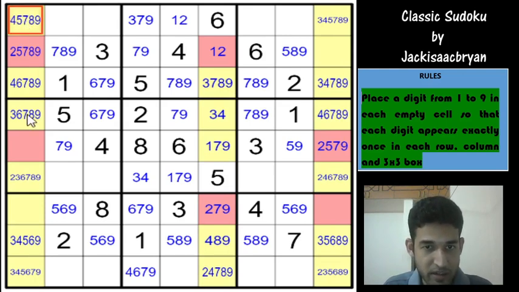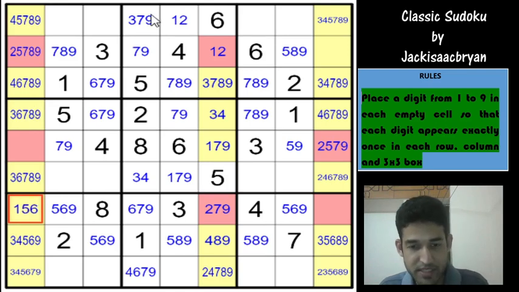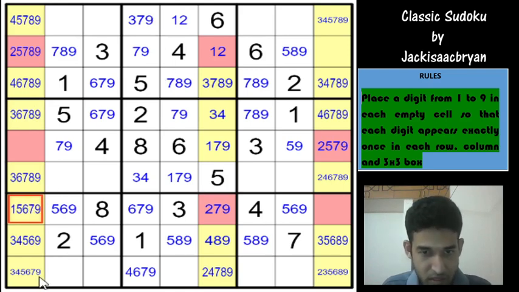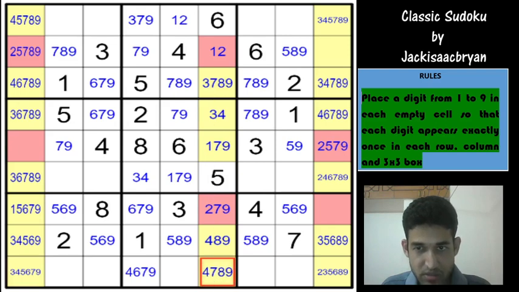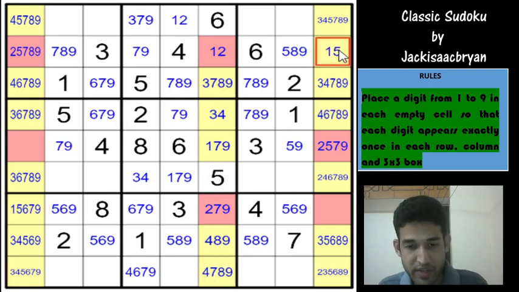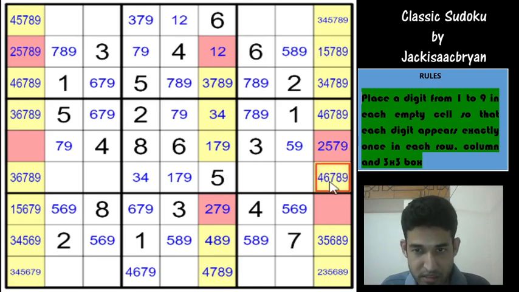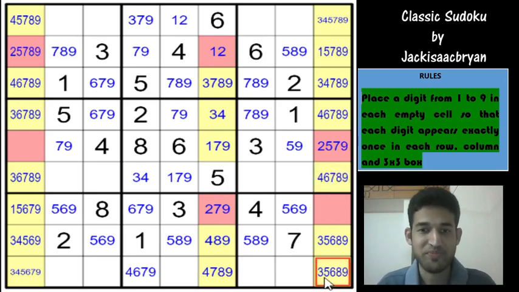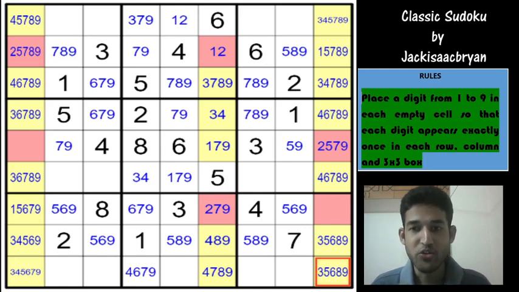2 is removed from here. This is not a 2 and this is not a 2, right? So 1, 5, 6, 7 and 9. Okay, all the yellow cells can't take a 2. This is not a 2, so 1, 5, 7, 8 and 9. This is not a 2, this is not a 2. So we have used the swordfish of 2 and removed 2 from all the cells which can't take a 2,